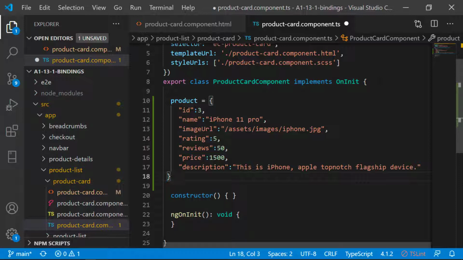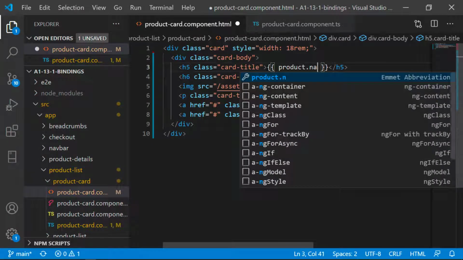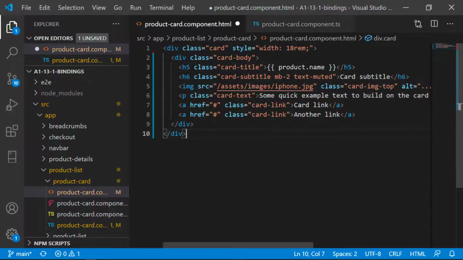Now, when it comes to displaying this product on the view, we can use this product on the view. For the name of a product, it will be product name. For the product subtitle, maybe we can show reviews and how many reviews we have.